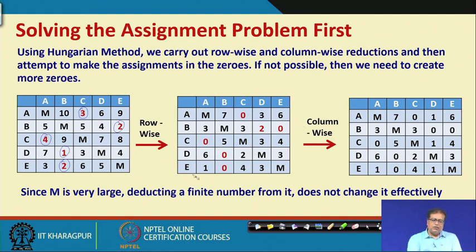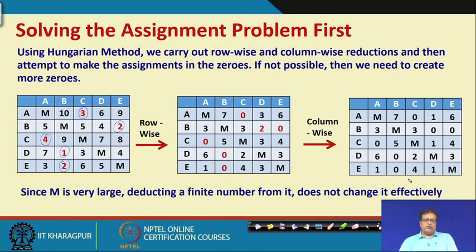So, after doing all the rows, if you see, we have got 1, 2, 3, 4, 5 zeros. Is it all right? Now, we have to do column wise reduction. So, column wise you see 0 is minimum, 0, 0, 2 minimum here and 0. Obviously, if it is 0 minimum, there is nothing to deduct, but in this case because the minimum is 2, we have deducted 2 and we got 3 becomes 1, 2 becomes 0, 3 becomes 1, m remains and 3 becomes 1.